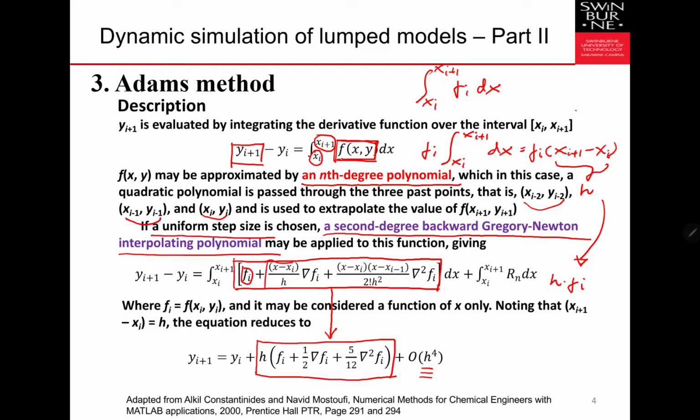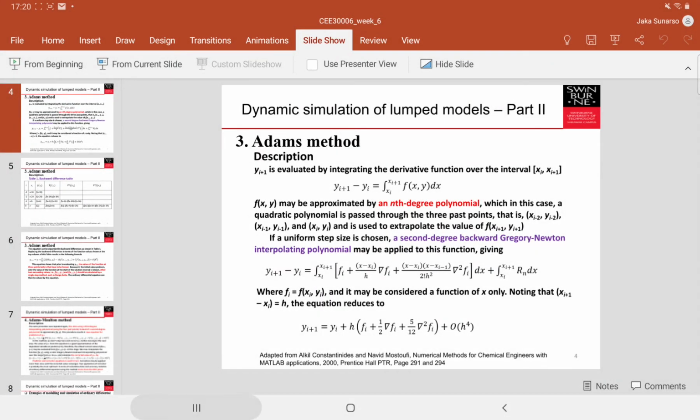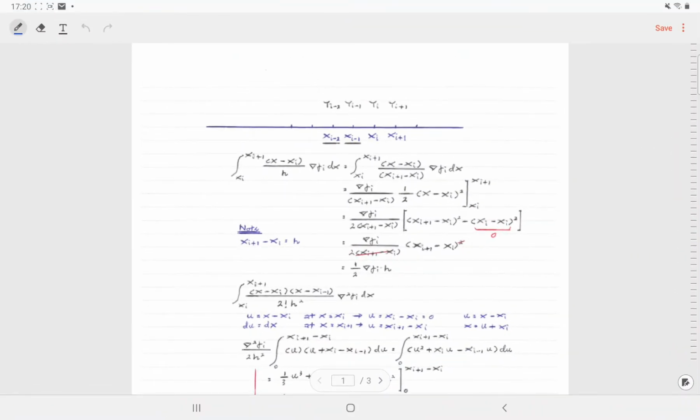So in the additional material, I'm only interested with deriving the second term and the third term in here, because they are a bit more complicated than the first term. Okay, let's see how we derive that thing. So again, in our assumptions, we know that we take a uniform step size. So when a uniform step size is taken, then in here we put y in the top and then x in the bottom, and so the same increment is used in here.